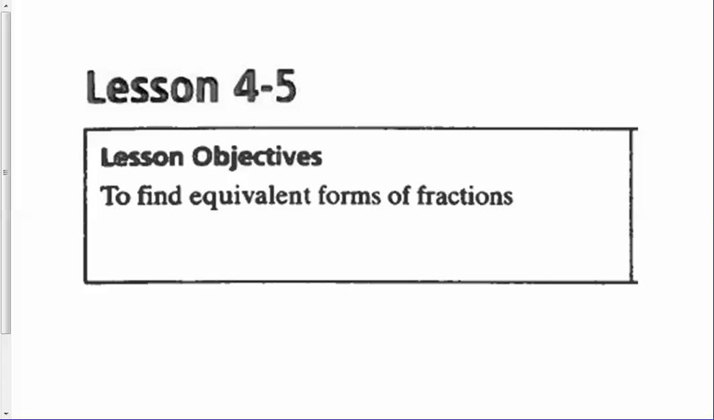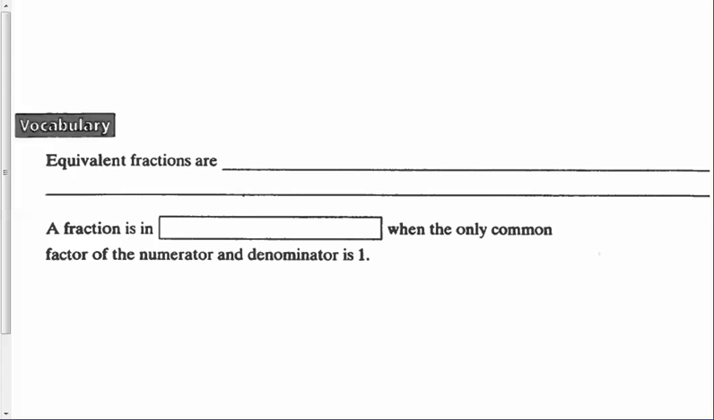In lesson 4.5, we're going to be talking about finding equivalent forms of fractions. Equivalent means the same value, and so equivalent fractions are fractions that name the same amount. For an example, real quick, we could think of 2/3, which is equivalent to 4/6, which is equivalent